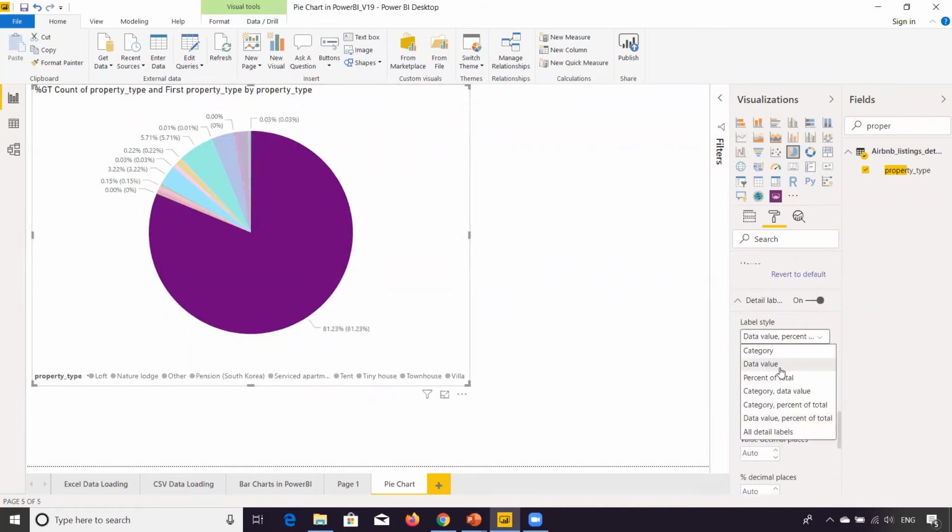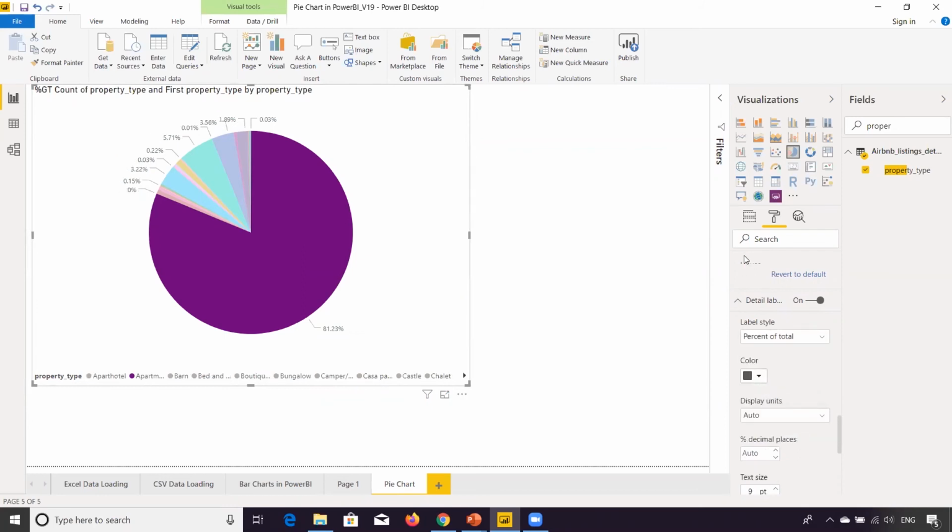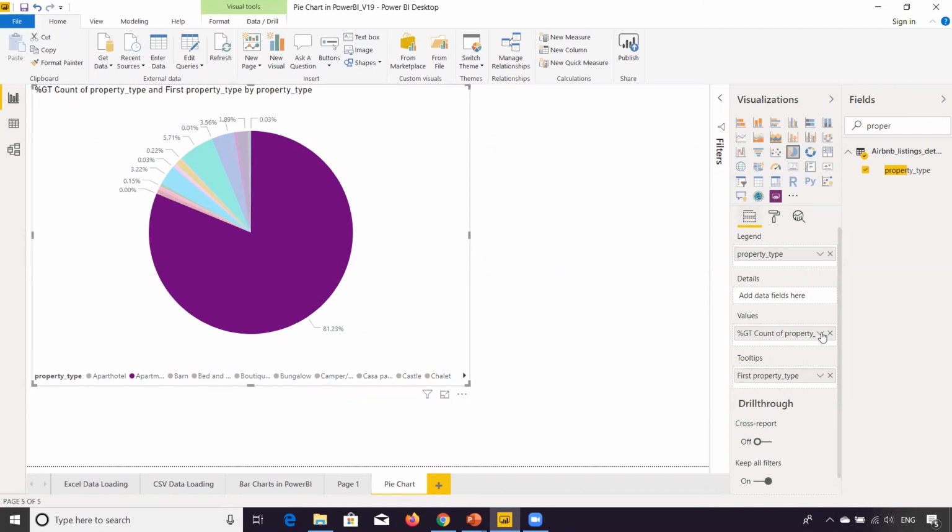You have the option to select only data value. You have the percentage of grand total, but the data value is coming as a percentage over here because you have selected the value as percentage of count of property. Right? If you select only count, so the value as a number calculation, it will show as 0.1.9k and like this. Okay,